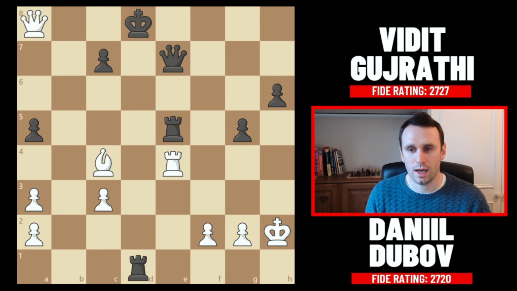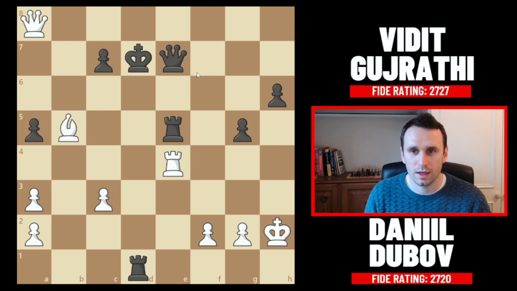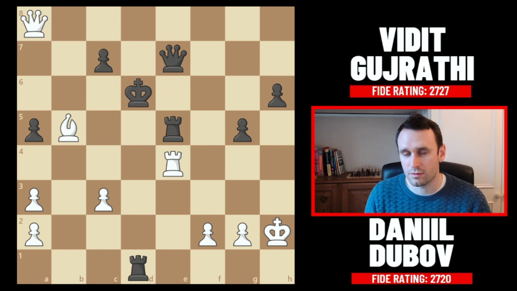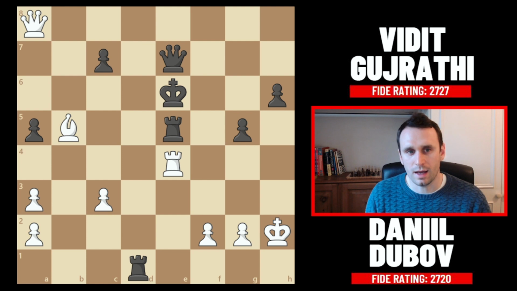Queen a8 check, king d7. Vidit's just tiptoeing on this tightrope right now. And after bishop b5 check, again he plays the only move, king e6. If you play here, now you're actually running into mate in one with queen c6 mate. So he plays king e6, now we had queen c8 check, king f6, another good move, queen h8 check, king f5,